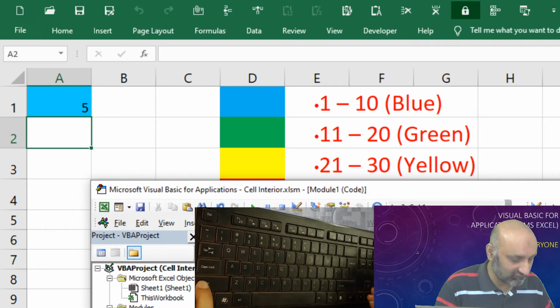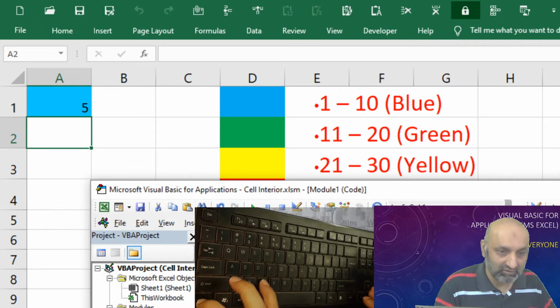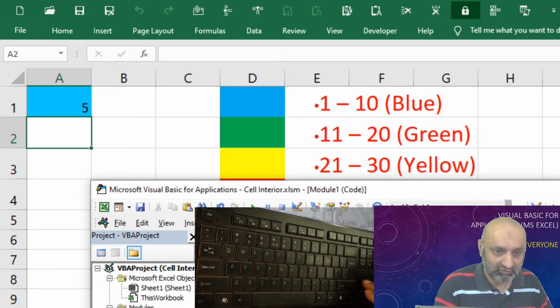So our next condition, we have 4 conditions, so let's copy and paste 4 times.